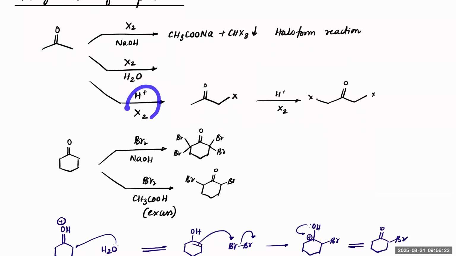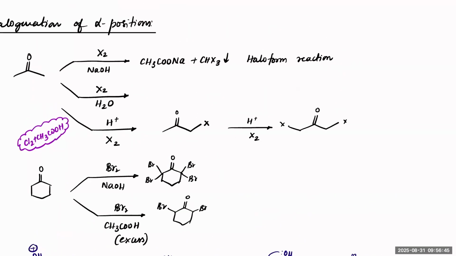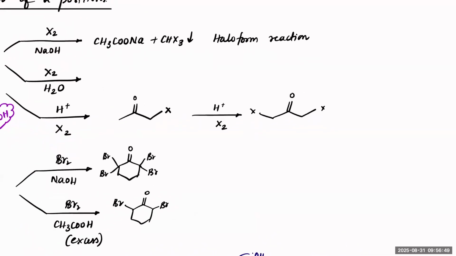If you do the same thing in acidic medium, means like this. You take Cl2 in the presence of CH3COOH. This is one example. Okay, that means chlorine is taken in acidic medium. In that case, you will see only one halogen has been substituted. Again, my recommendation is do not worry about the mechanism here for acids. So just as a note, remember that,